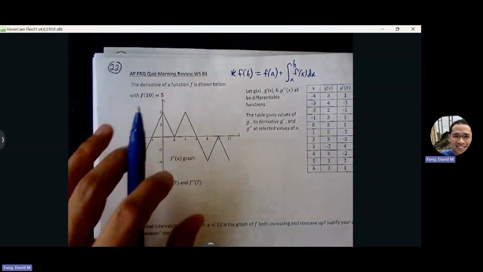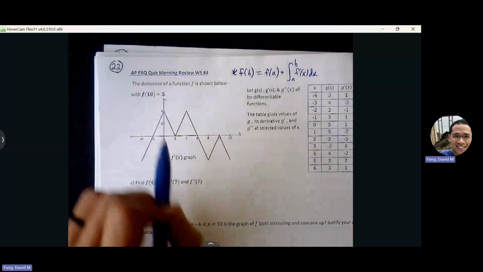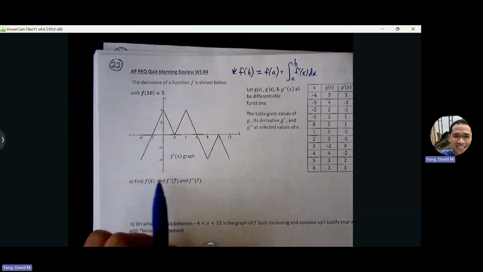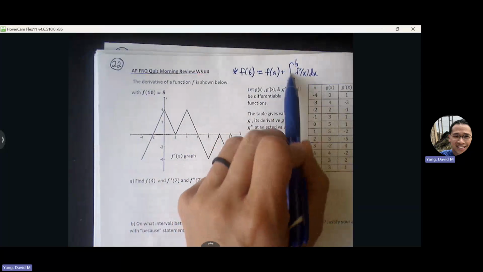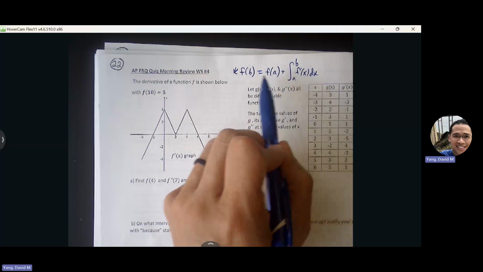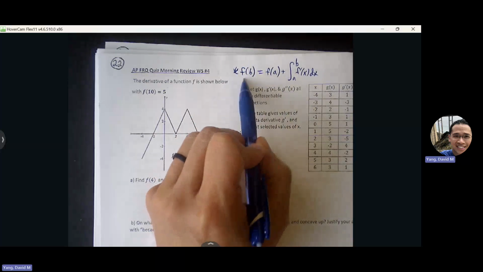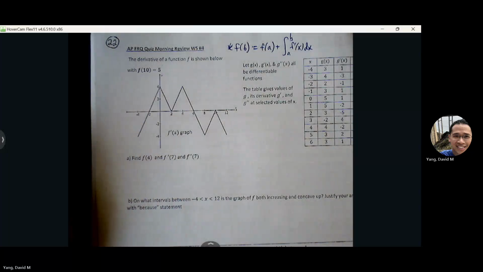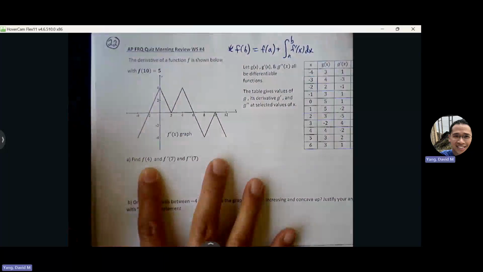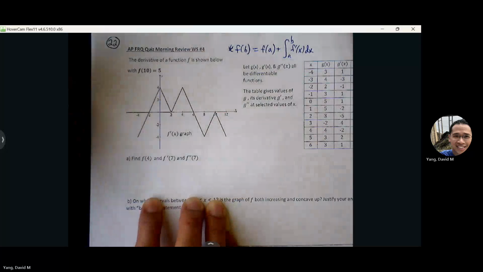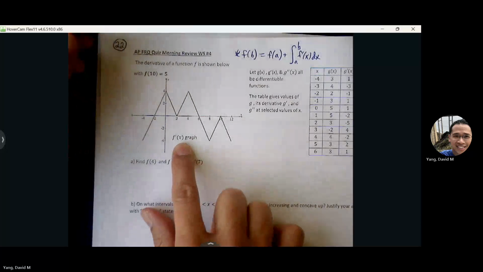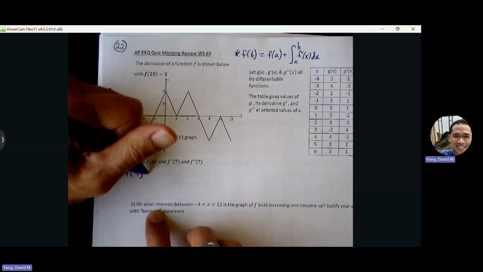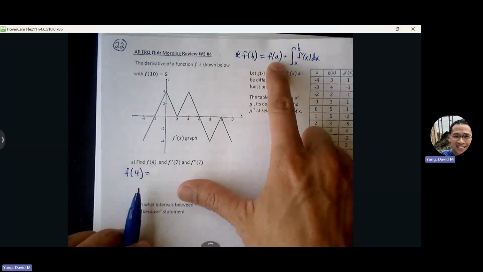So if they give you a definition, a formula, then you use it. But if they don't give it to you, then you have to understand, okay, I have my starting point. I can do displacements involving area under the graph, and then the two of them added together will give me where I'm going to end up at that location. So if I want to find f of 4, because this is the f prime graph, f of 4 would be